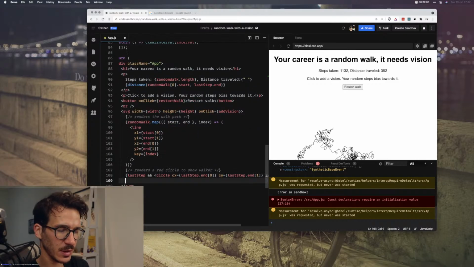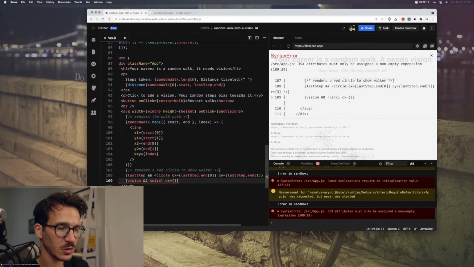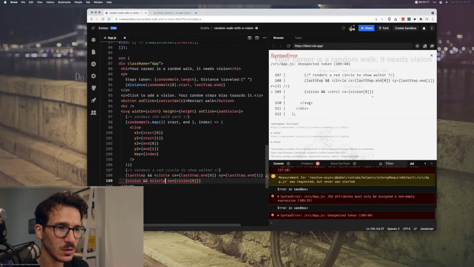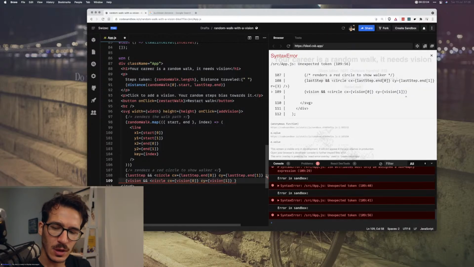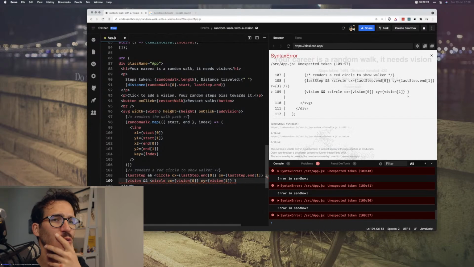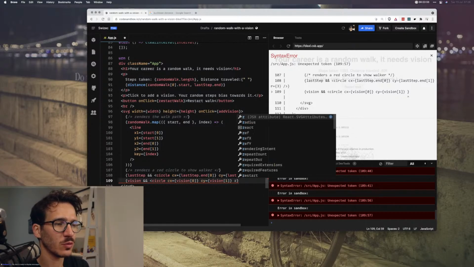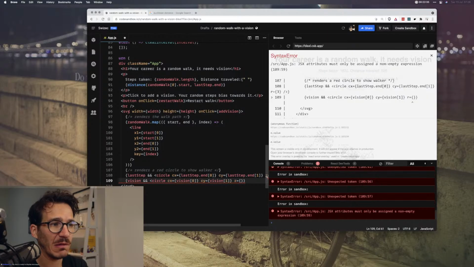So if vision exists, we render a circle with cx of vision 0, and cy is vision 1, and let's do a radius of 5.